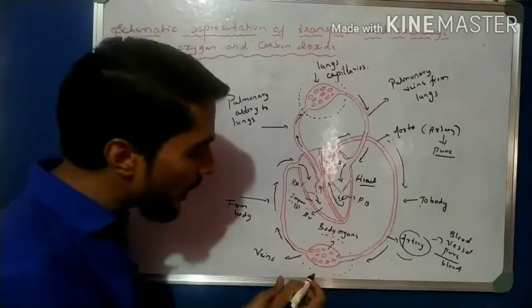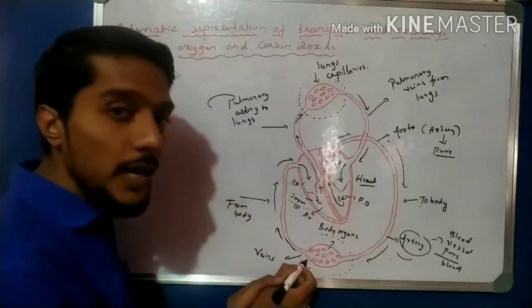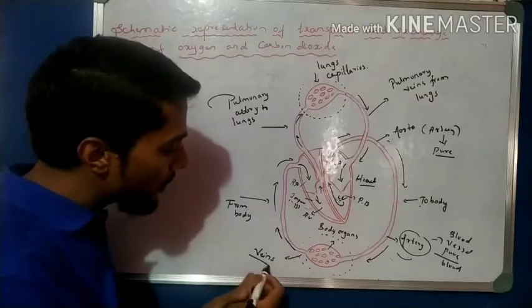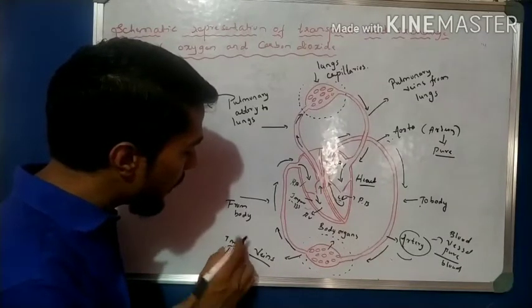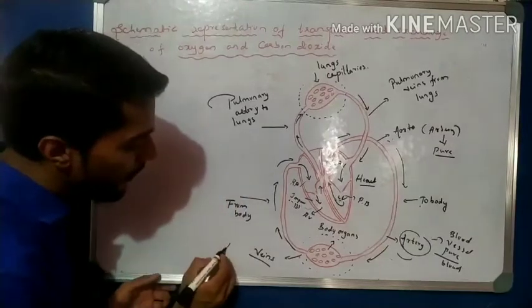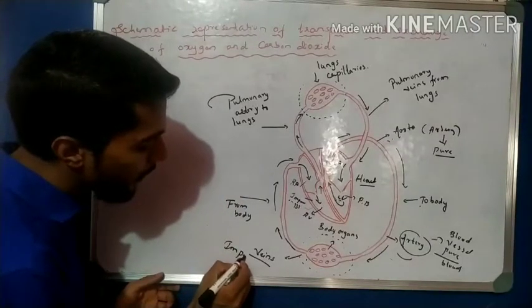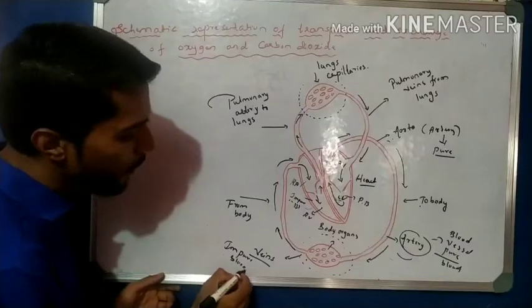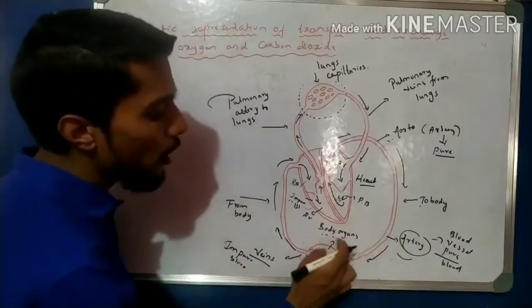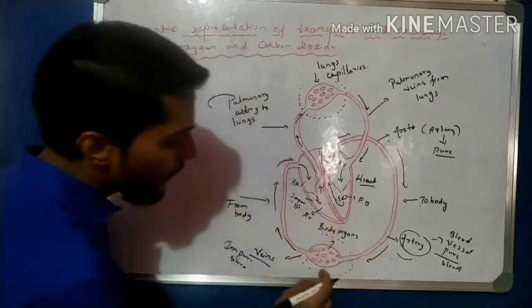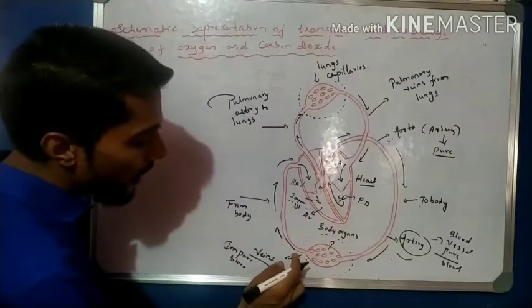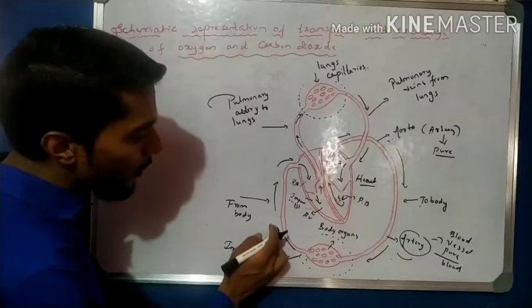Then the carbon dioxide content, the deoxygenated blood, is from the veins. So veins carry impure blood, right? Deoxygenated blood. Okay, so oxygenated blood reaches the body, and the body absorbs the oxygen to provide energy for the life process. Then the carbon dioxide, that is deoxygenated blood, is carried by the veins from the body, then